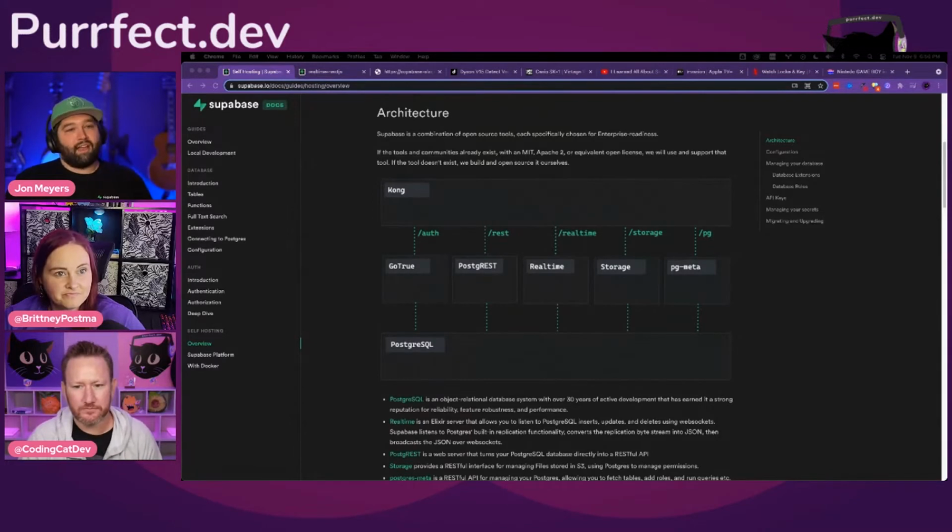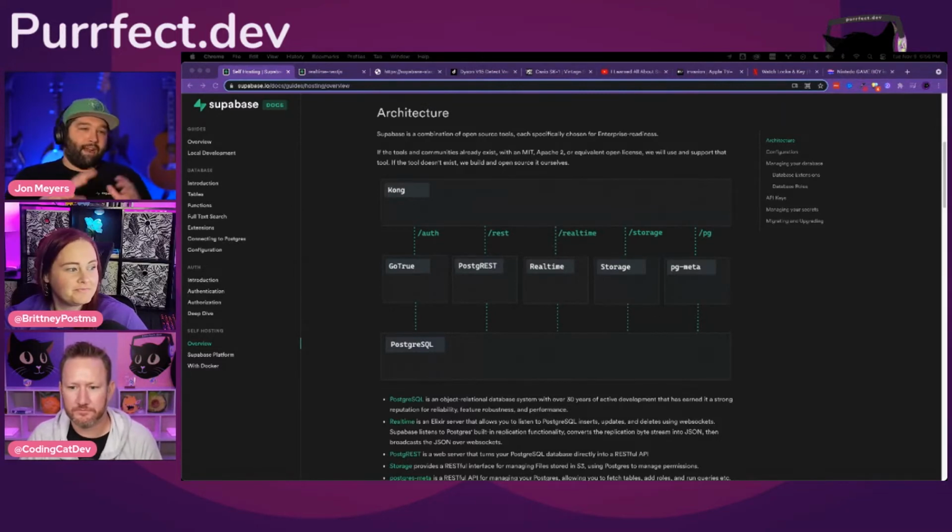And then the storage API is a wrapper around S3, I believe, that has the ability to look at additional adapters in the future. And then PG Meta is another open source package about the meta information of your Postgres database. So all of these different open source tools wrap around a Postgres database, which is another reason that Supabase is so portable and flexible, because at the end of the day, you have a Postgres database. If you wanted to move that somewhere else, you could take a dump of your database and put that in AWS or DigitalOcean or anywhere that you wanted to host it, which is super flexible.